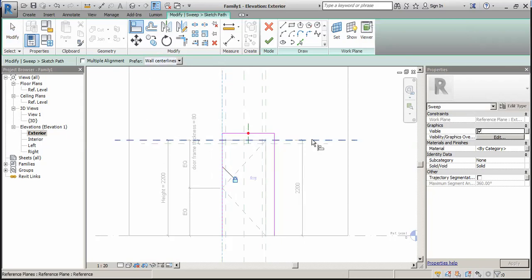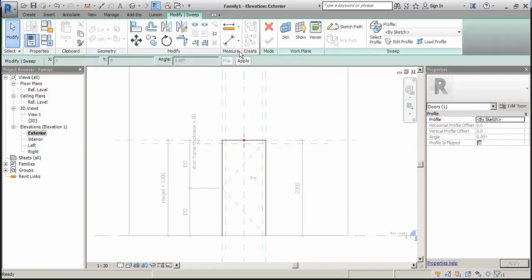Similarly, align this line with this reference plane and lock this also. Select this. Select this aligned line and pick this line and lock it. So yes, done. So this line is done.